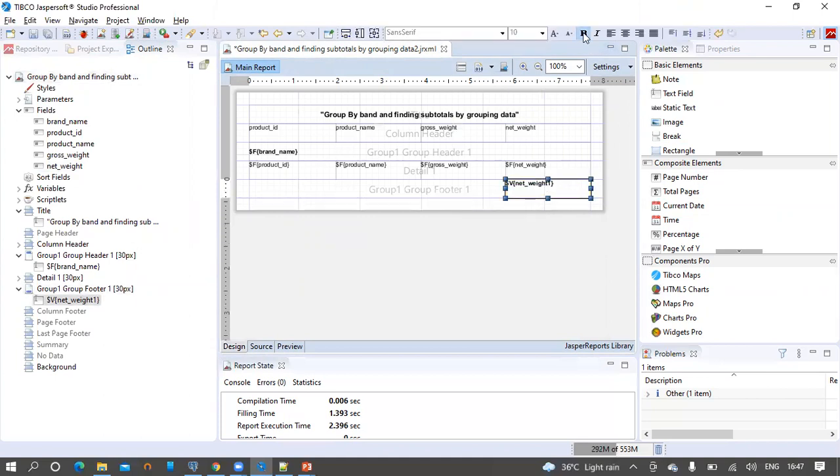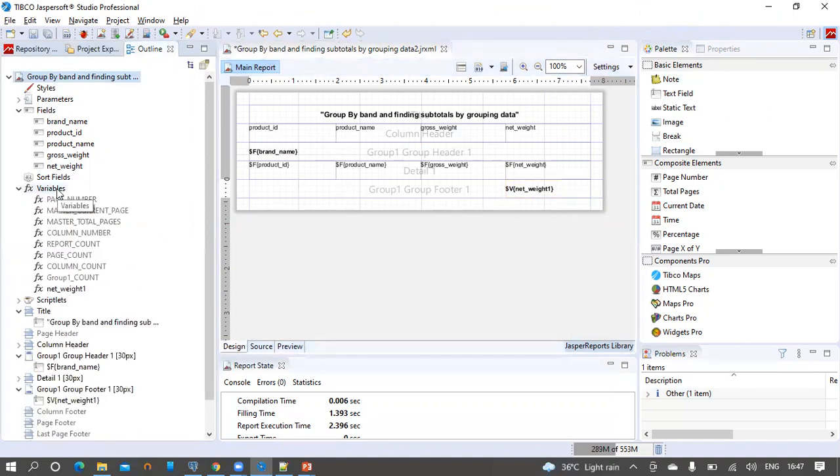Let's format this one. As we drag and drop the net weight field onto the footer band, the report generates a variable and places it under the variables node of the outline section.